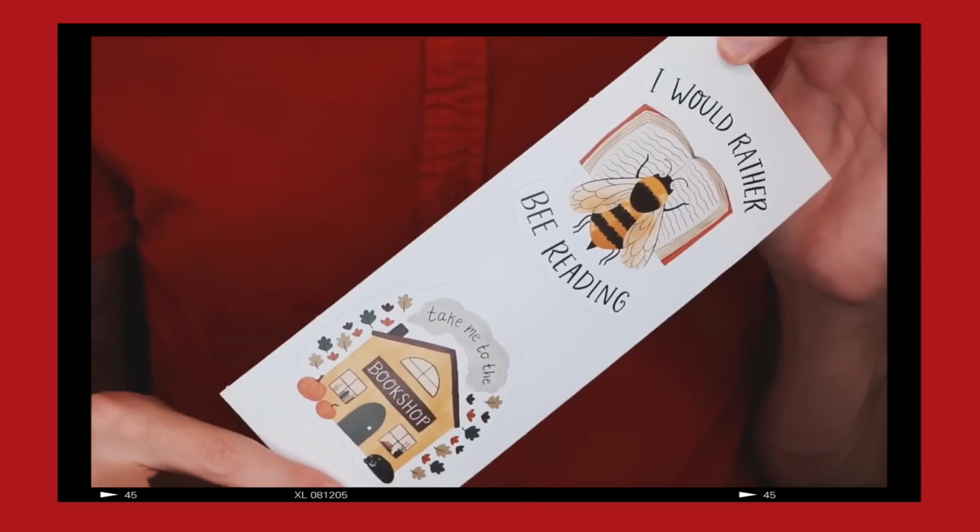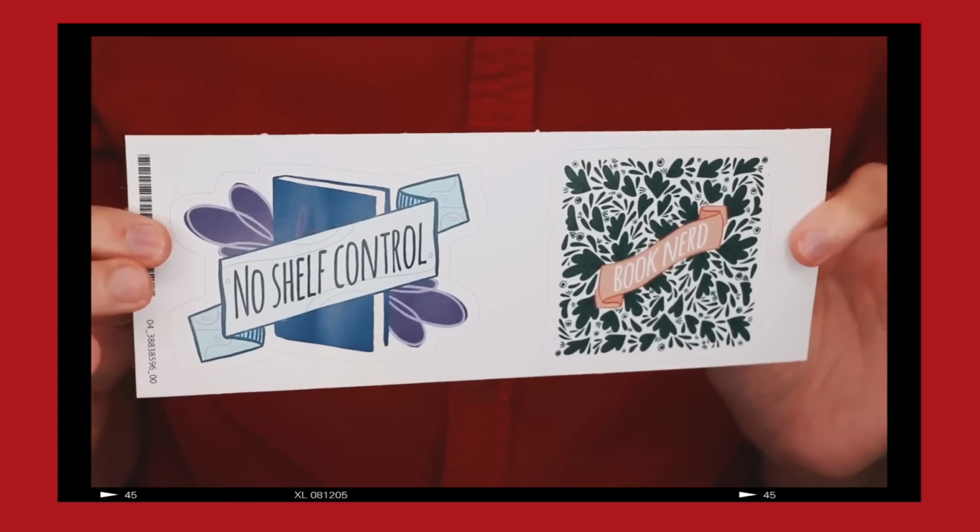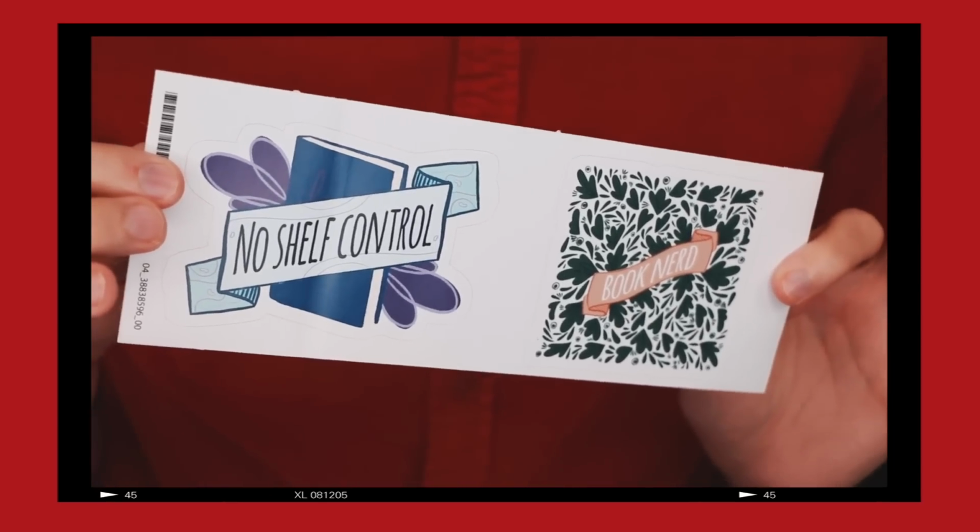We've got the last bit of my fake little holiday sesh right now. It's the last gift that Redbubble Santa brought me. We got some stickers of designs that I've already shown in this video. I got an "I would rather be reading" sticker, a "take me to the bookshop" sticker, a "no shelf control" sticker, and a "book nerd" sticker. I got these because I really enjoy using bookish stickers when I do reading journals and whatnot,